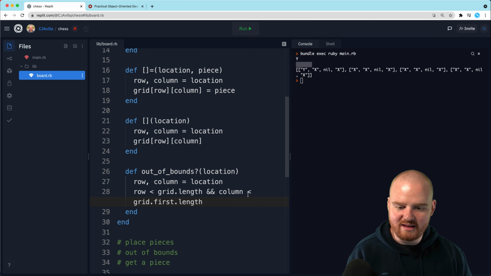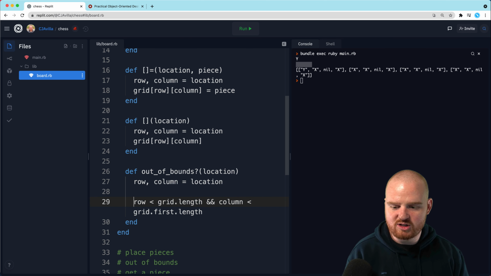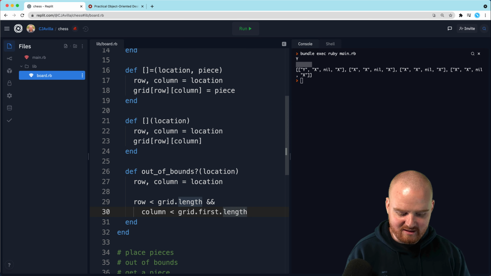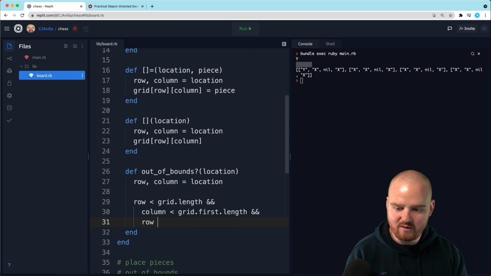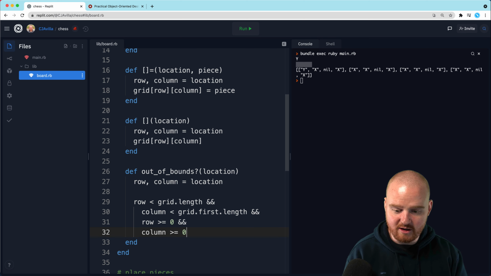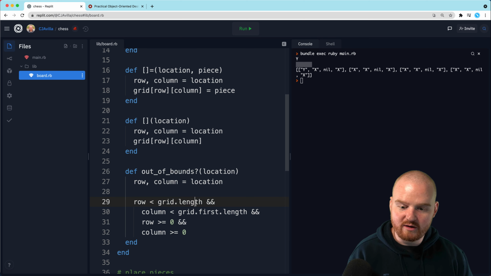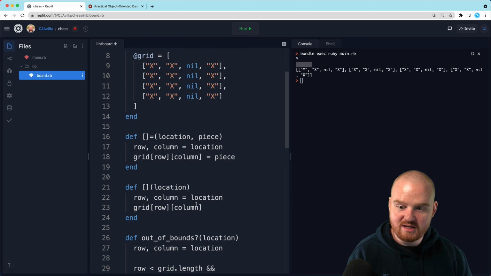And I think that should be pretty close. We actually also want to check to make sure that they're greater than 0. So we can do that. So row is greater than or equal to 0, and column is greater than or equal to 0. So this should tell us whether or not a location is out of bounds based on what our current internal